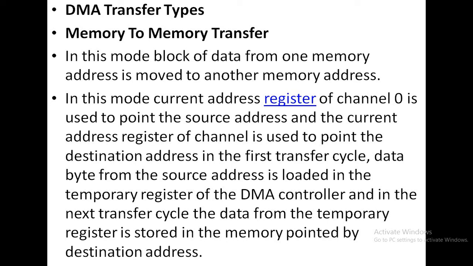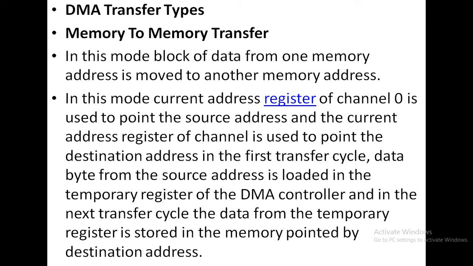In this mode, the current address register of channel 0 is used to point to the source address, and the current address register of channel 1 is used to point to the destination address. In the first transfer cycle, the data byte from the source address is loaded in the temporary register of the DMA controller, and in the next transfer cycle, the data from the temporary register is stored in the memory pointed to by the destination address. That means